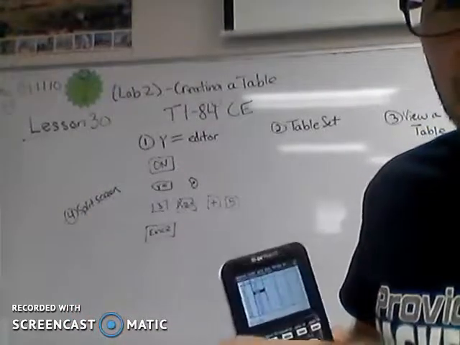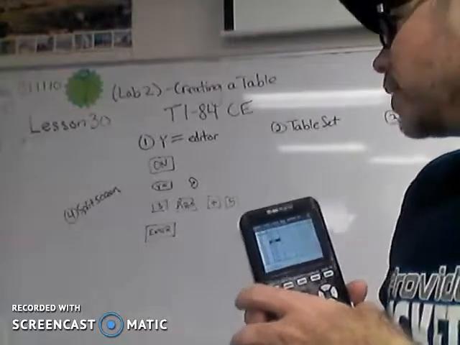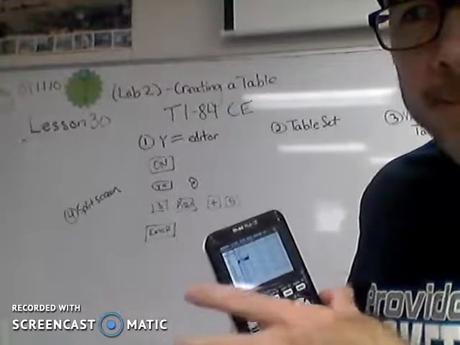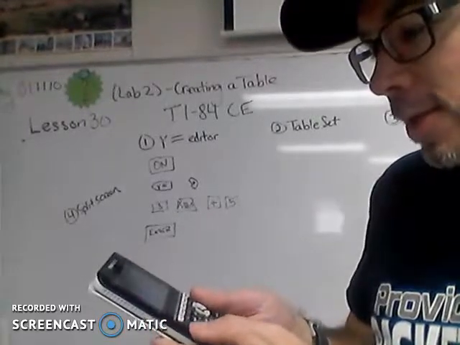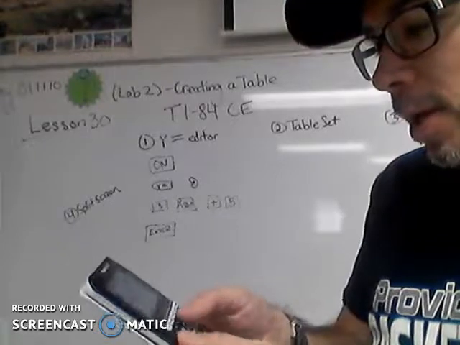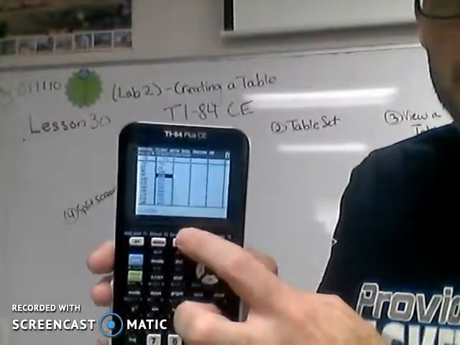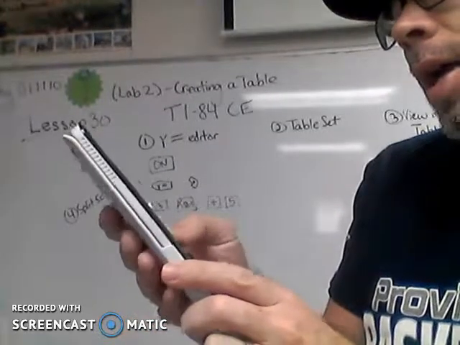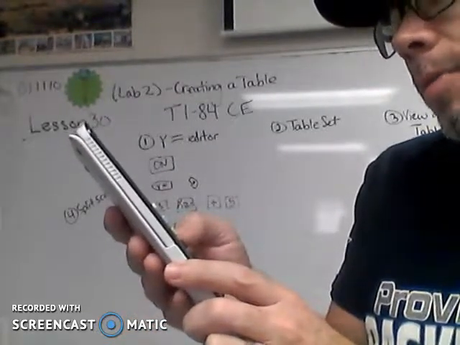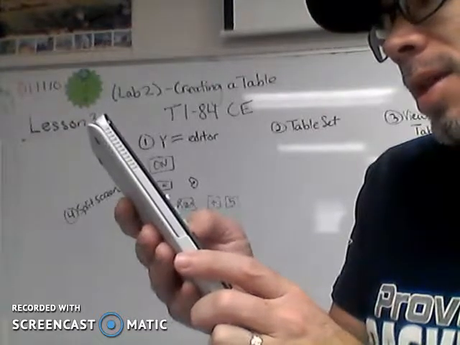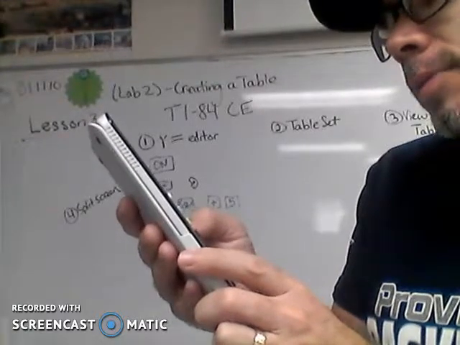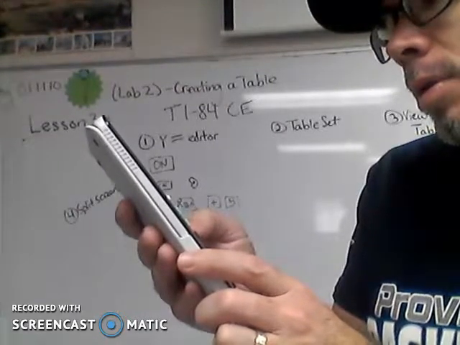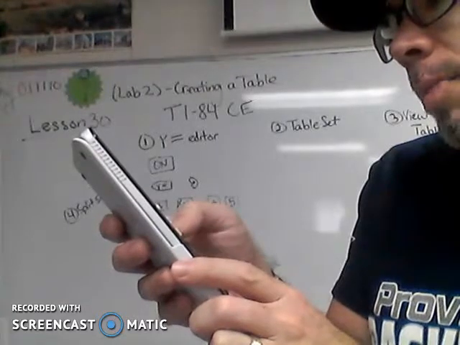So one last thing that they don't do on this, and that is if you want to see the graph of this and you want to see the table at the exact same time. And that would be under, above zoom, it says format. So we go second, format. And you got a whole bunch of possibilities here. Is that where it is? I don't know. Polar, grid, color, axes, labels. No, it doesn't seem to be. I bet it's